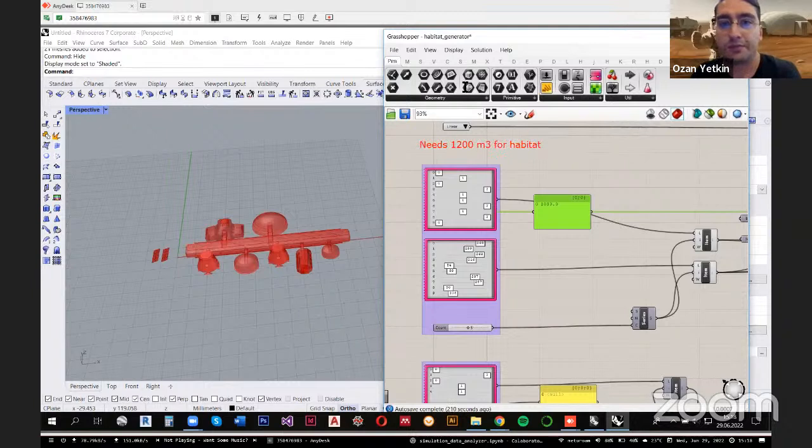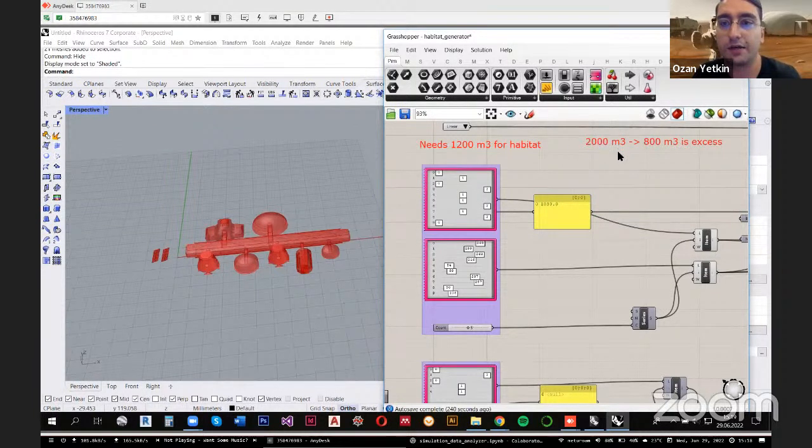But what you have built is 2,000 meter cube. So 800 meter cube is excess. It's too much, because it's not easy and cheap,